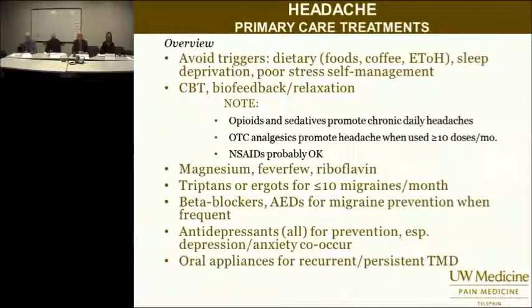There's evidence for magnesium, for feverfew, and riboflavin. These are available over the counter. There's some combination products. Triptans or DHE, ergots, dihydroergotamine, plays a role. If the headache's less than 10 a month, the insurance companies are not going to let you give it to patients more than 8 times a month, and that's valid to the degree that if they're occurring that frequently, you